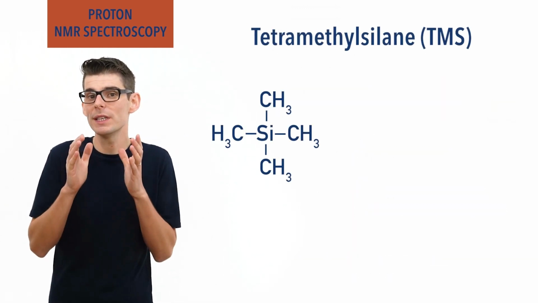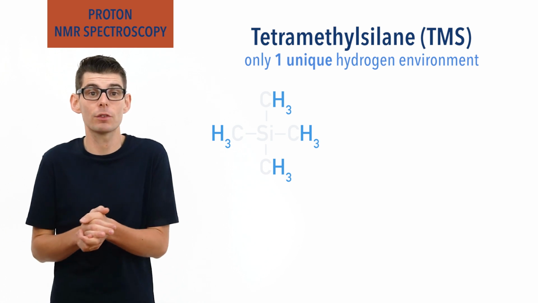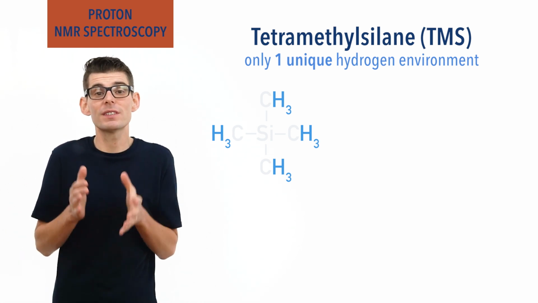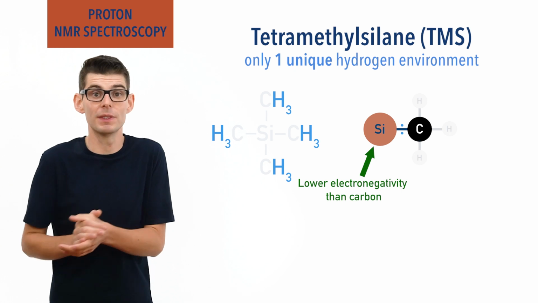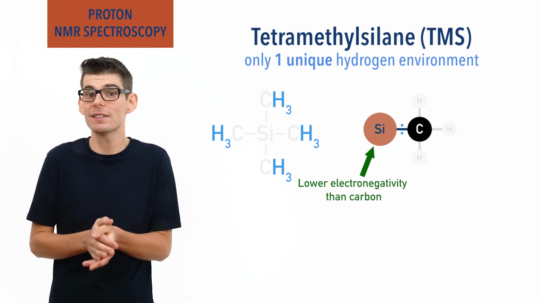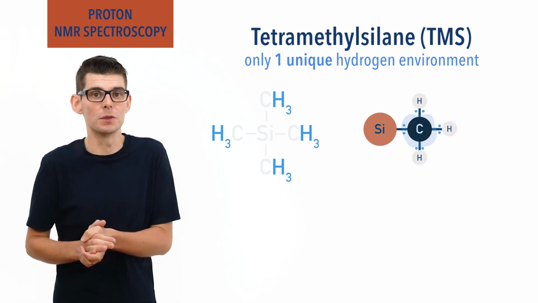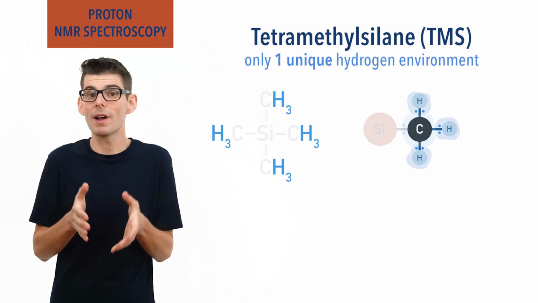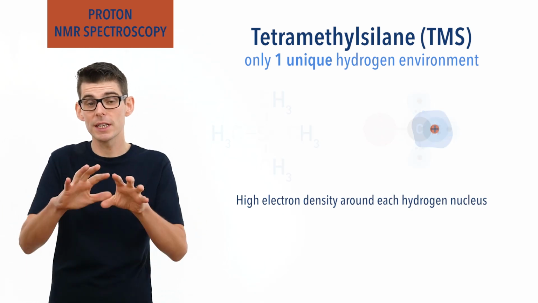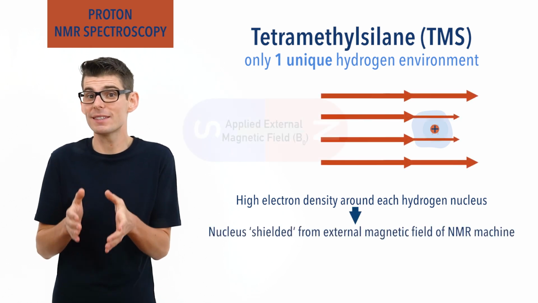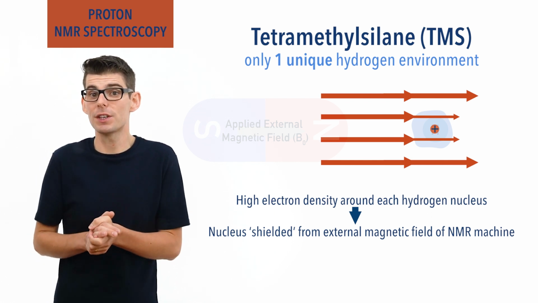In TMS, there is only one unique hydrogen or proton environment, and all hydrogen atoms have a relatively high electron density around them. This is because the silicon atom bonded to the carbon atoms in TMS has a lower electronegativity than the carbon they're bonded to. As a result, electron density is actually high around the carbon atom, meaning electrons aren't pulled away from the hydrogen atoms bonded to the carbons, leaving a high electron density around the proton in their nucleus. This high electron density around the proton shields it from the external magnetic field and actually makes it slightly easier for the spin of the proton to be flipped by radio waves, meaning lower energy radio waves of a lower